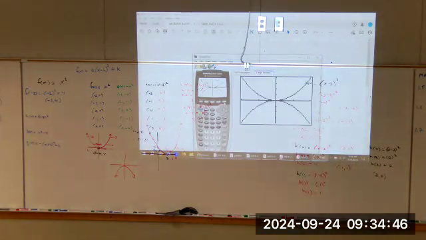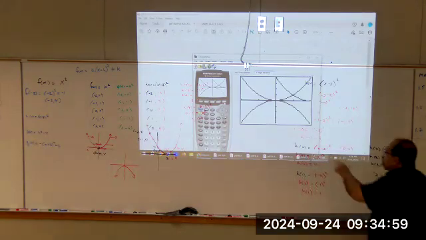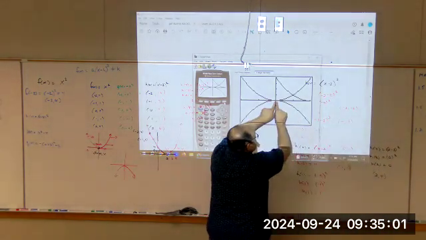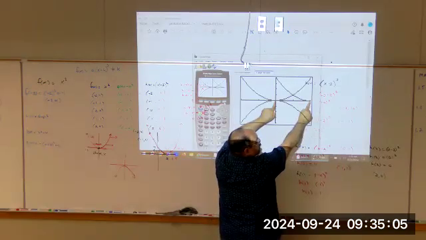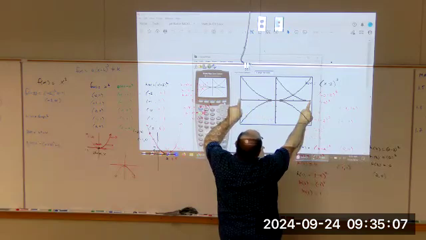I grabbed it. Okay, there it is. There it is, but I don't have enough to show. I'm not seeing the whole thing. What it is showing me, though, is this vertex is now there. But if I want to see enough of the picture, then I'm going to go and change my window from